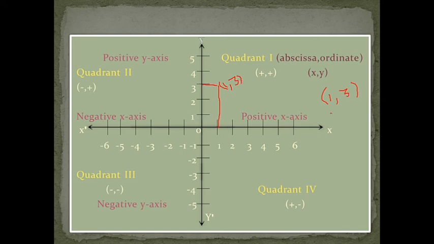Now again another coordinates are given to you, that is -3, 1. So -3 is the abscissa and 1 is the ordinate. So we can say -3 is x and 1 is y, and here x is given negative and y is given as positive. So negative first and second as positive. Where are we getting it? It is in the second quadrant.